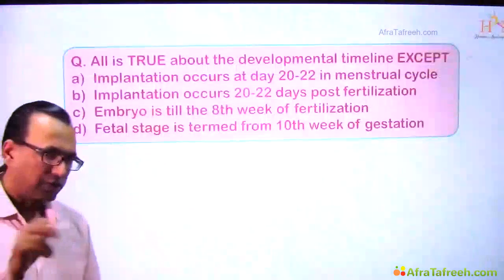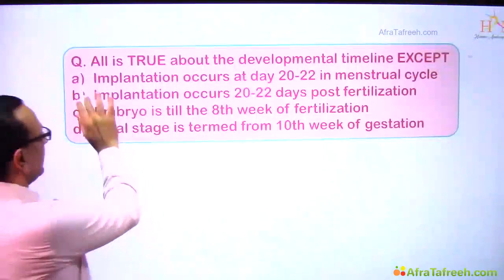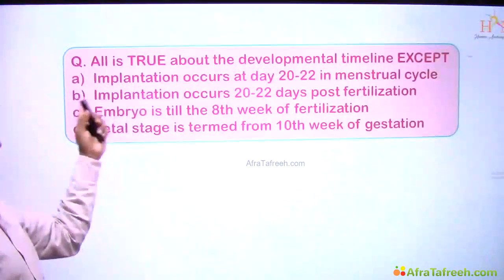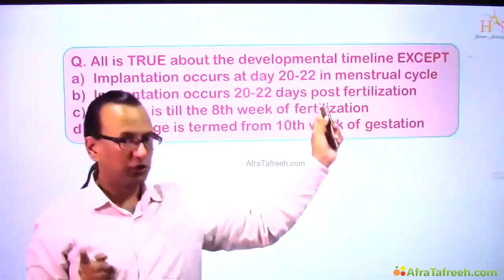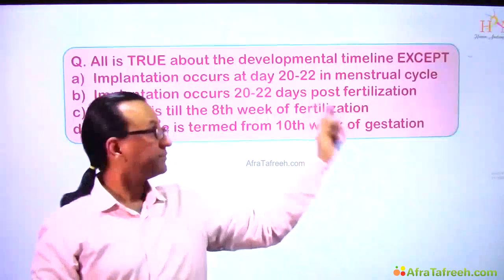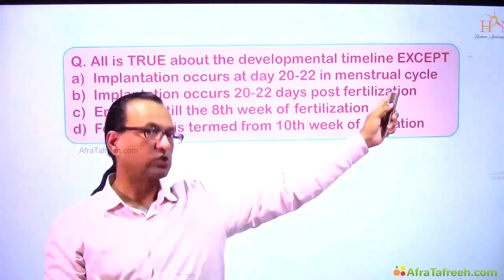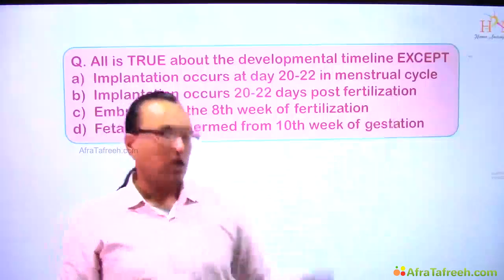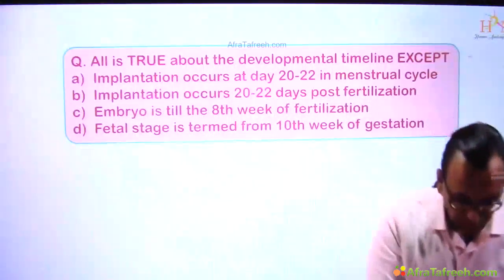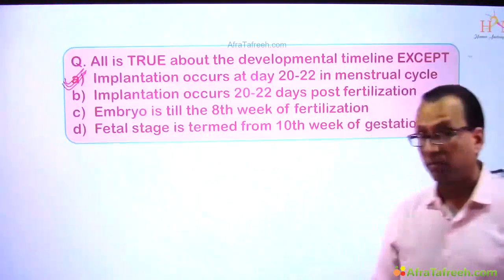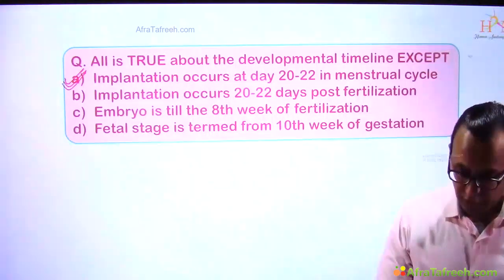So we come back to our question again. It is asking what is true, except. So what do you think? Implantation occurs day number 21. I told you, third week. Calculated from menstrual cycle, this is menstrual age, which is also called the gestational age. So there is no problem with choice number A,